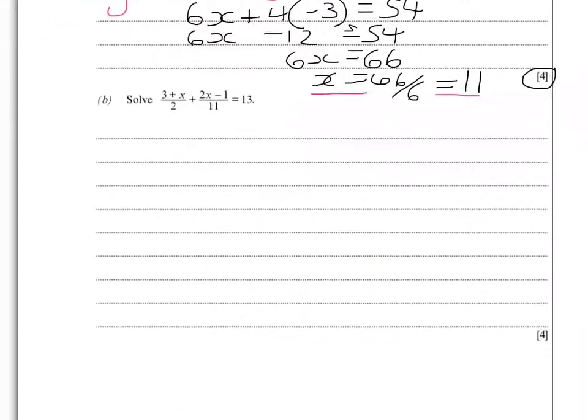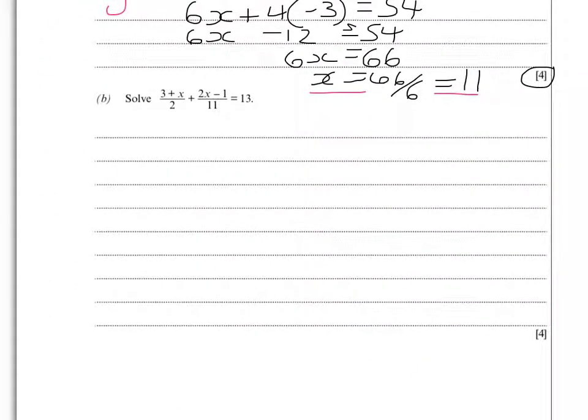Now, for part B, it's asked me to solve this algebraic fraction, which is also an equation. So (3 plus x) over 2 plus (2x minus 1) over 11 equals 13. Now, what we've got to do here is try to get rid of the denominators to make it easier for us. So if I write out the whole of our algebraic fraction, now I want to get rid of the 11 and I want to get rid of the 2. Now I know that by using Mr. Smiles' method here,